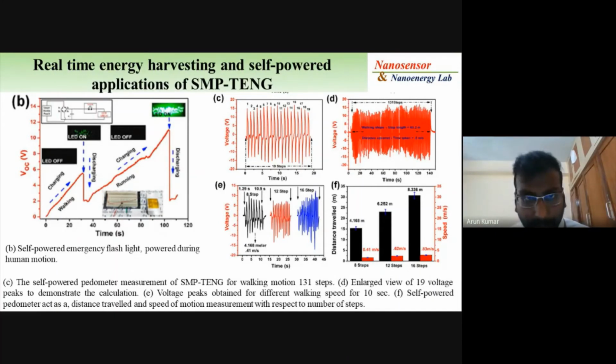So this is the complete thing. What happened? We take the time taken for the operation, and also the distance covered and the number of steps. By using that data, we can calculate the distance traveled and also the speed. So just using a voltage signal, we can get the data of the person who travels, his speed and the distance traveled. Is that clear? Any doubts? Can I go to the next slide?